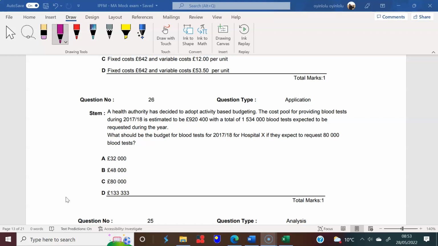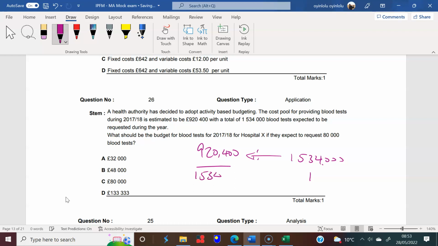So what we have here is a Health Authority that has decided to adopt activity-based costing. Cost pools are estimated to be 920,400, with a total of 1.534 million blood tests. So basically, the drivers, of course, are these blood tests. These drivers are the cost drivers causing this. So technically, one blood test is